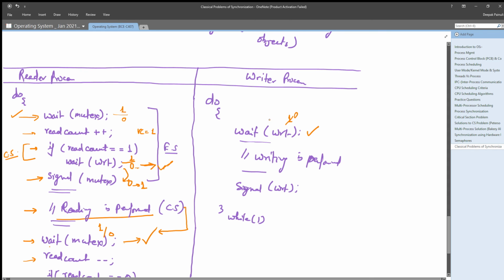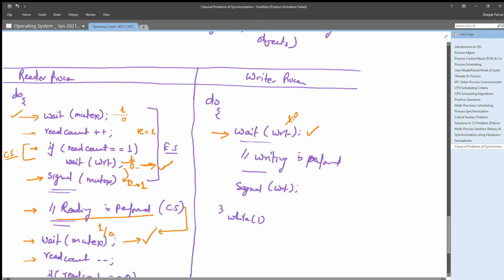The second case could be that some other writer has already performed wait on WRT. That's why this process is getting WRT as 0. That means some writer is already writing on that particular object.